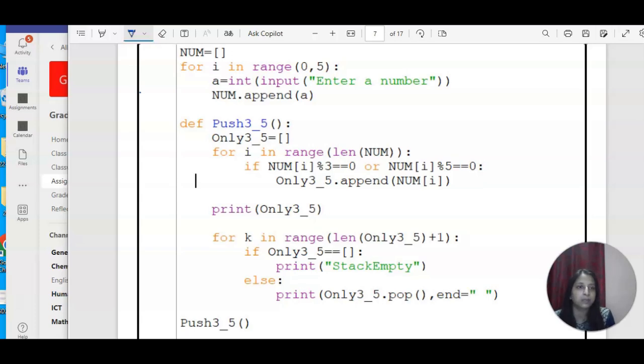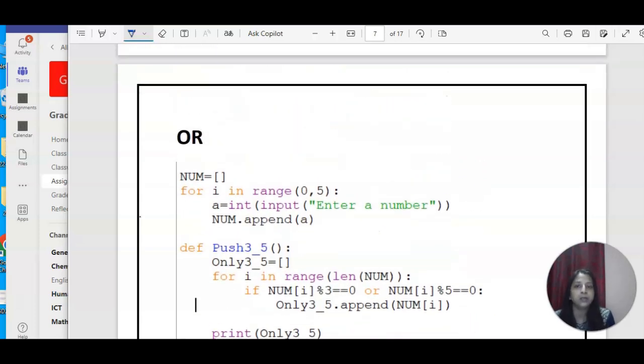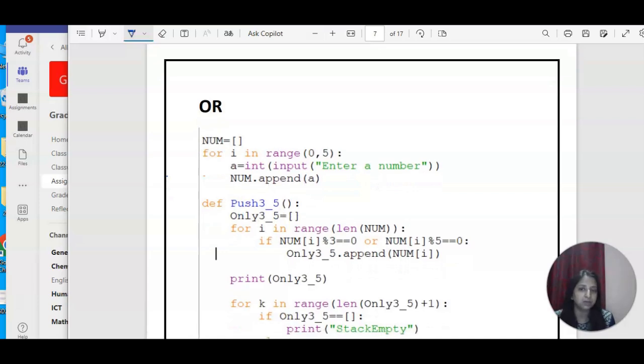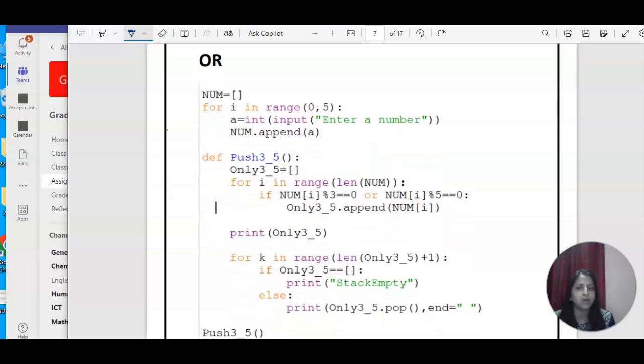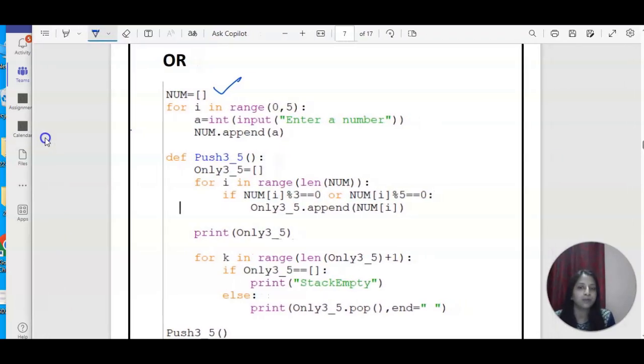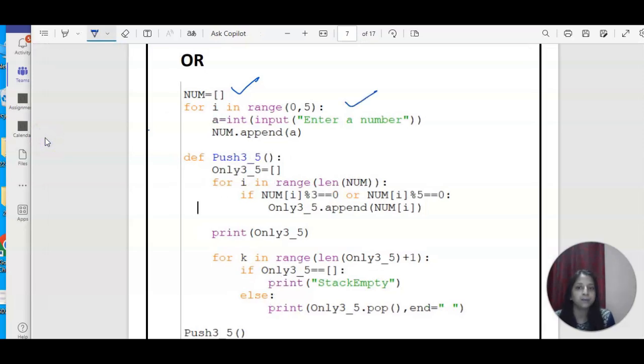Please check it properly again. So here we have one num list. So num is the name of the list. The names of all the lists are given in the question itself. So we have for i in range, and then we have 0, 5, right? This is done. Then we are inserting the numbers. Enter a number, and inside which list we are entering, num.append. So we are just adding the values. Now inside this num you have all the elements, right?